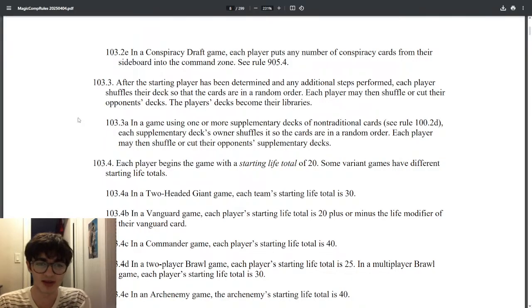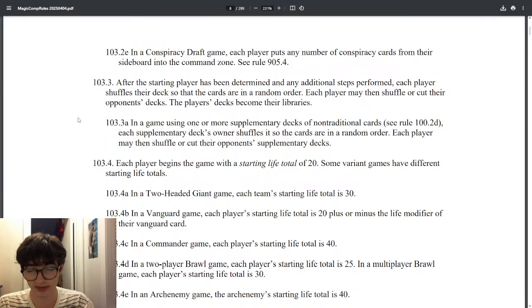103.3a. In a game using one or more supplementary decks or non-traditional cards, this goes back to attractions. For example, each supplementary deck's owner shuffles it so the cards are in a random order. Each player may then shuffle or cut their opponent's supplementary decks. There are definitely some arguments you can make about the term random. Magic the Gathering basically states that you can't know any information about the cards besides what cards are in your deck.